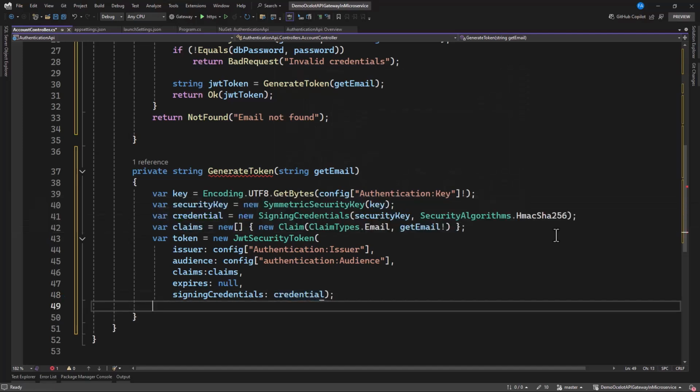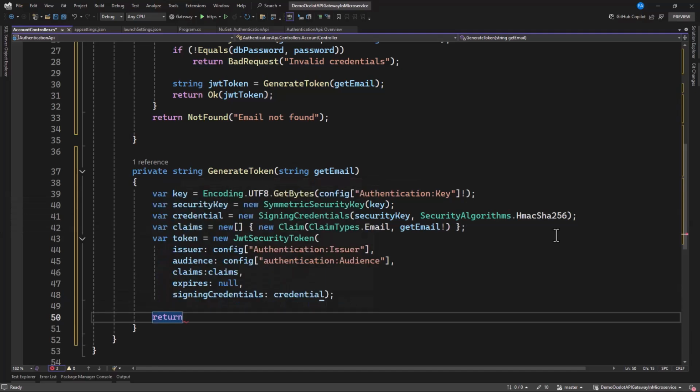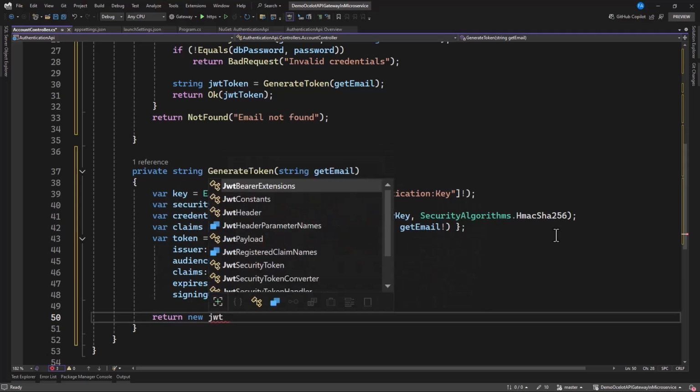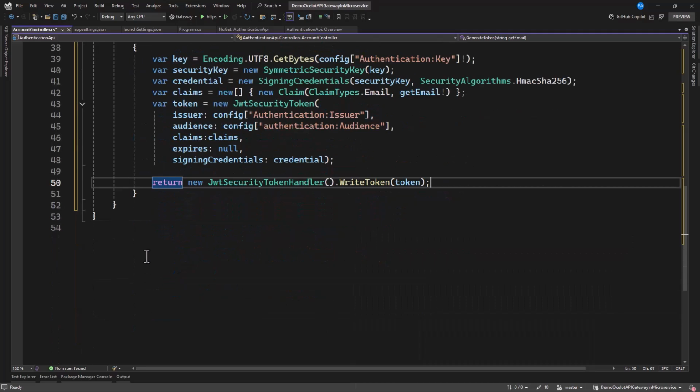So after we have this, the next thing is to return new JWT security token handler. In this handler, we're going to write the token and now pass in this token. So this is going to be a string because this write token returns string, and now I return it in here. Great. Now we have this set.